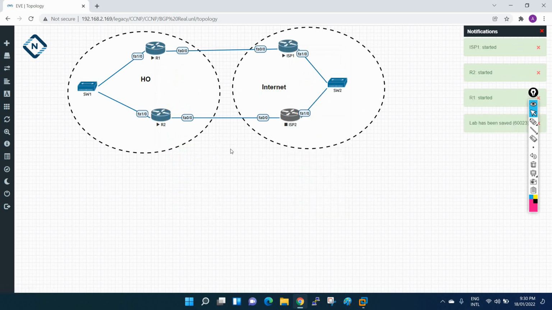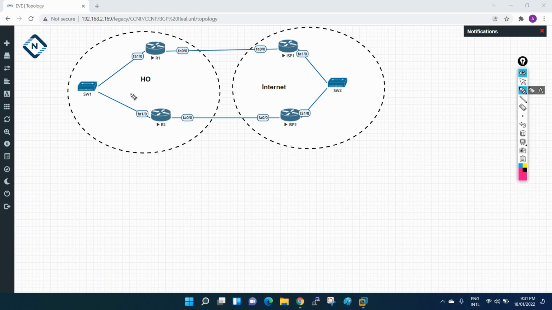Maybe you still have some confusion. See here what I am doing in this scenario. I am using our LAN network, our internal network, and also the ISP network. Let me show you. Let me take my pen tab. See here what I want to explain. I am working in an organization where we are using two ISPs. Imagine this is your company. This area is your company area, your organization.